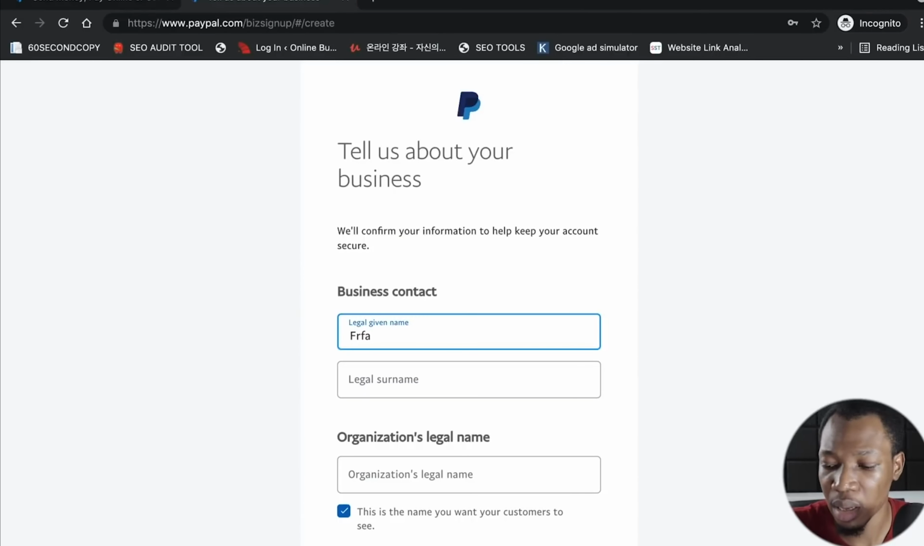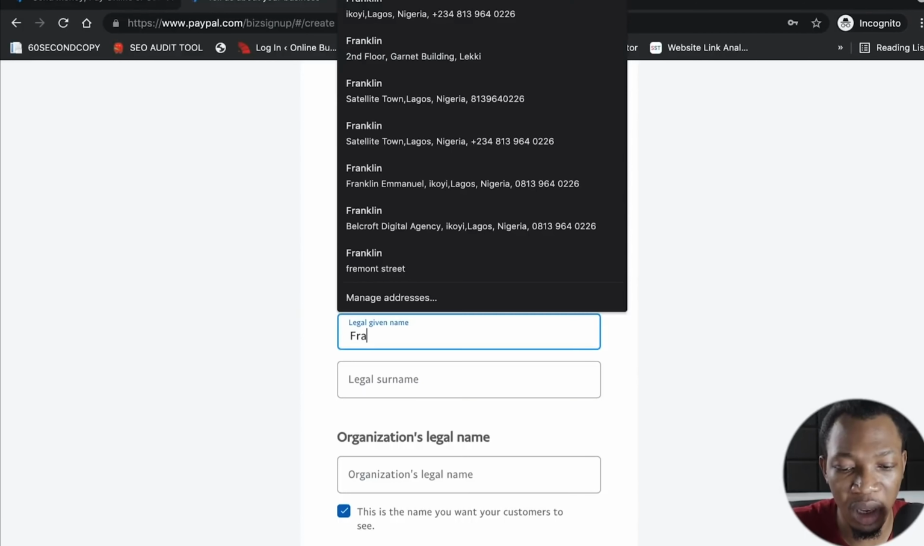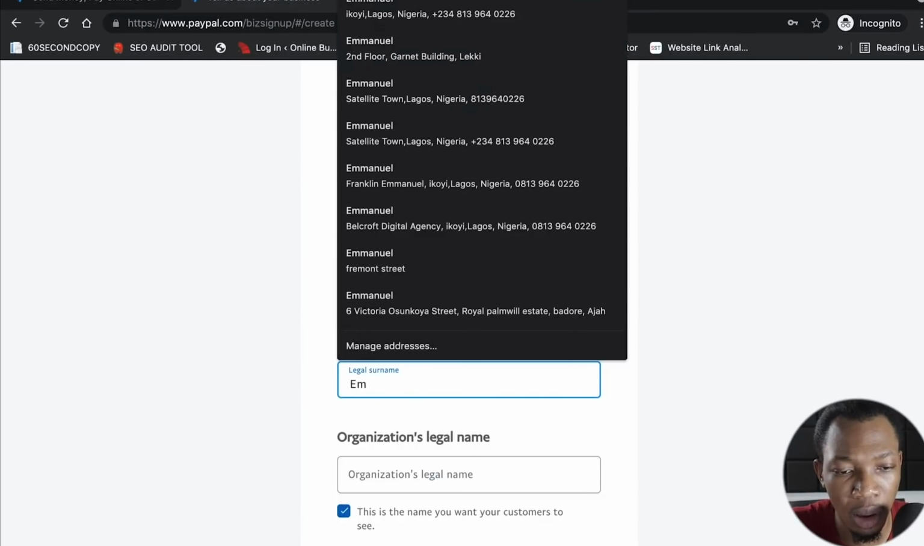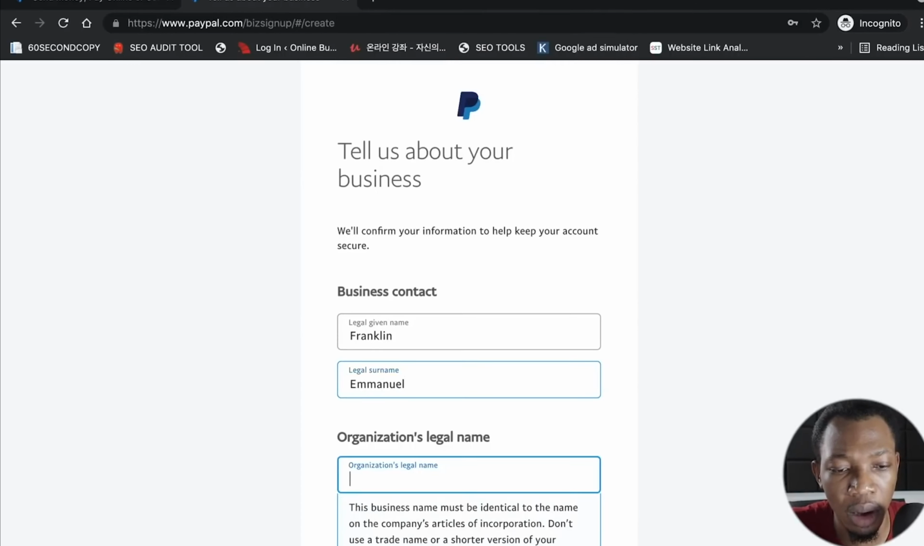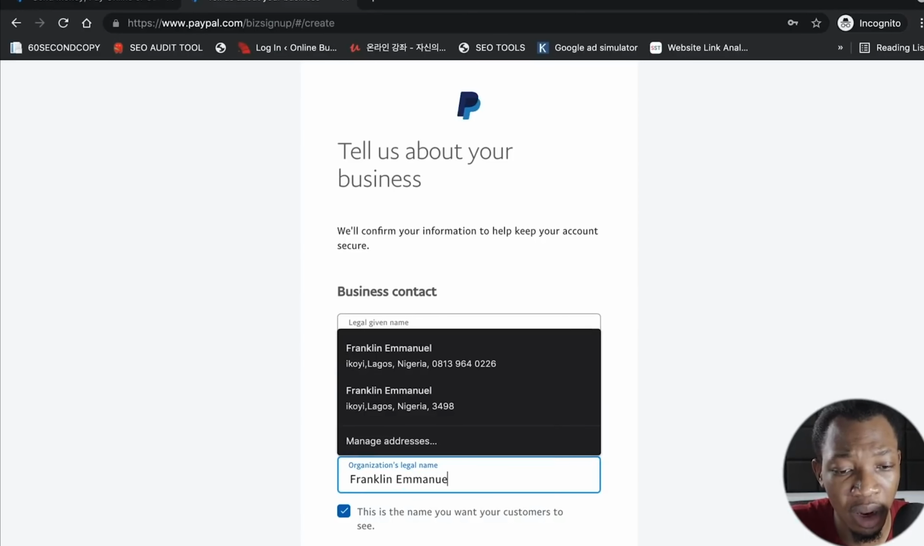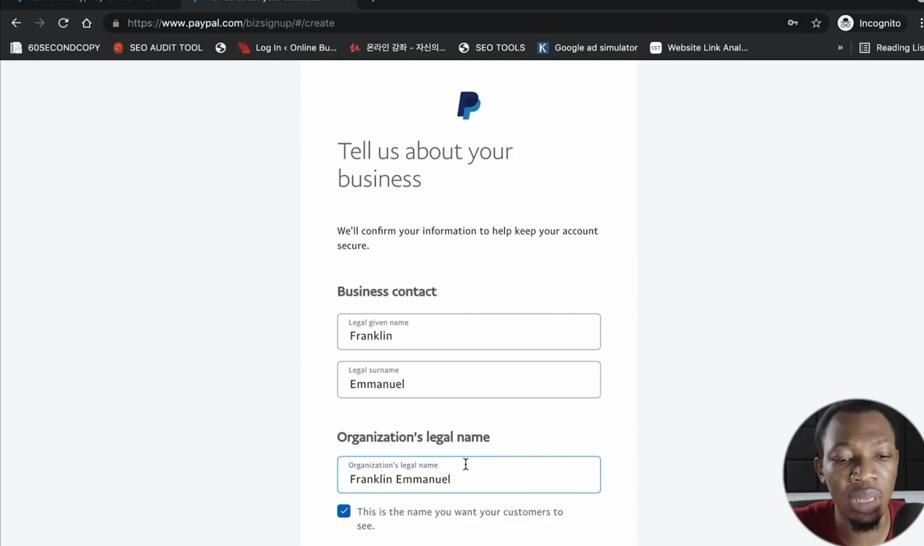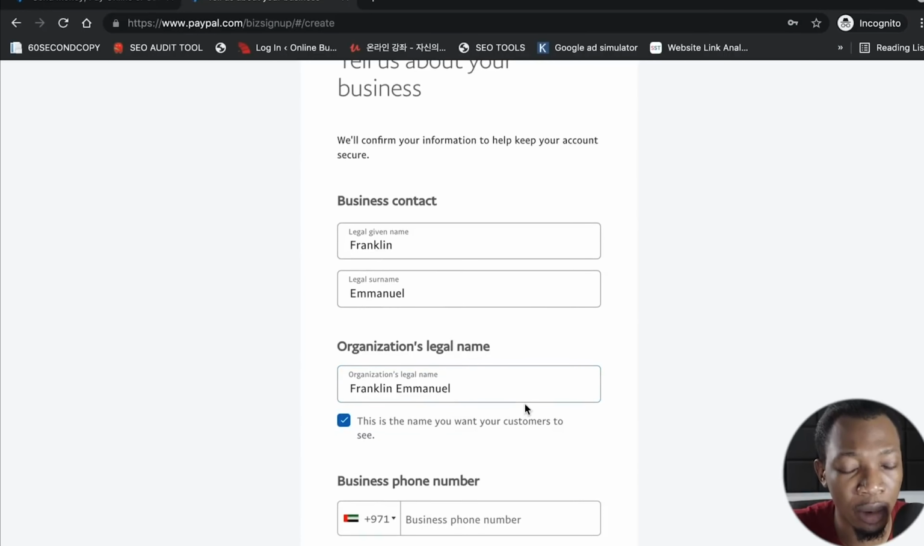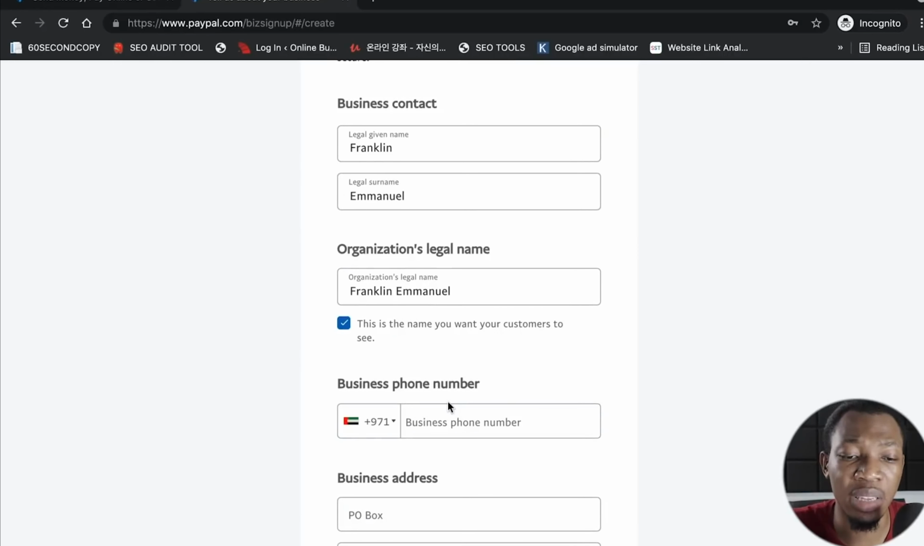So basically, I just want to input my name and my surname here. And for my organization name, I am still going to input my full name, right? So this is actually what my customers are going to see. Now, when it comes to the business phone number, right, you can actually use your own phone number at this